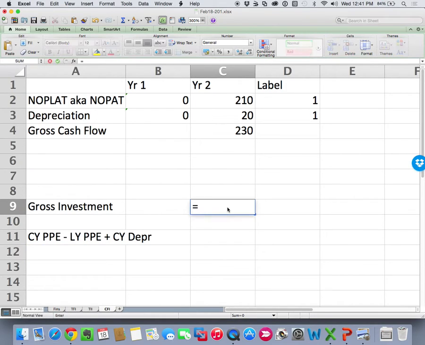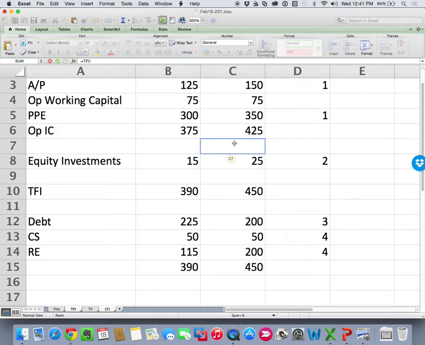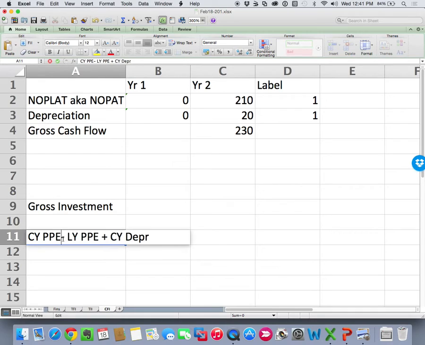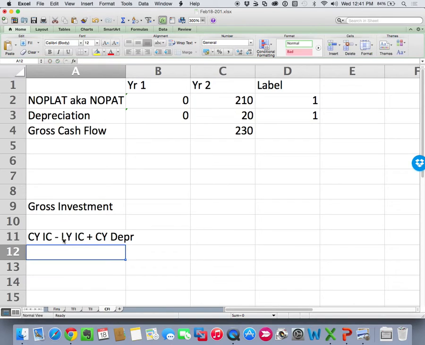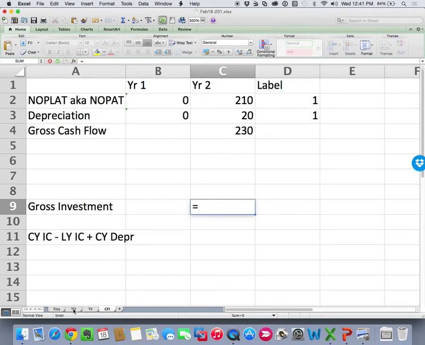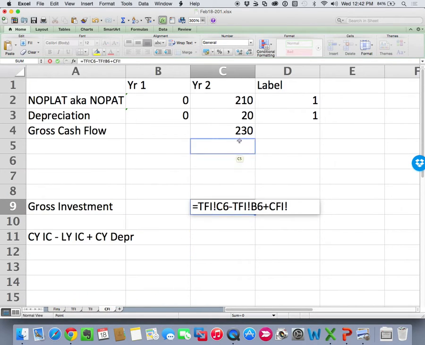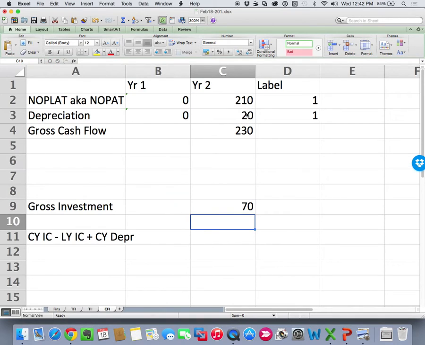So what I'm going to do is take current year's PP&E off the TFI. Sorry, scratch that. Current year invested capital minus last year invested capital plus current year depreciation, not PP&E. So current year invested capital minus last year's invested capital off the TFI. Current year invested capital is 425, last year's 375, plus current year depreciation of 20, basically says gross investment is 70,